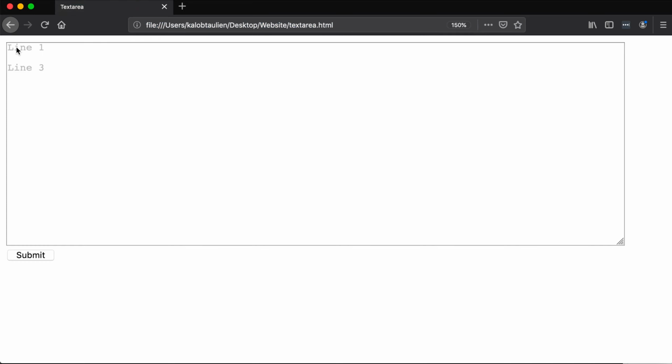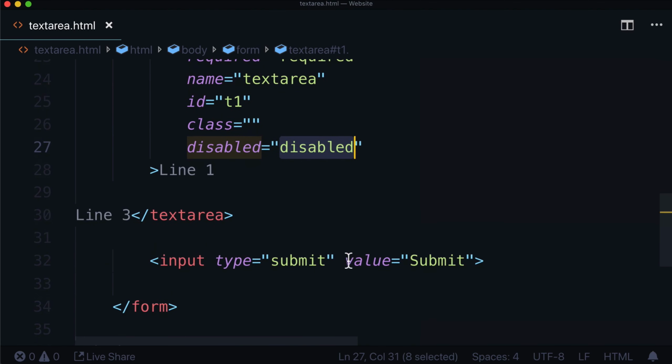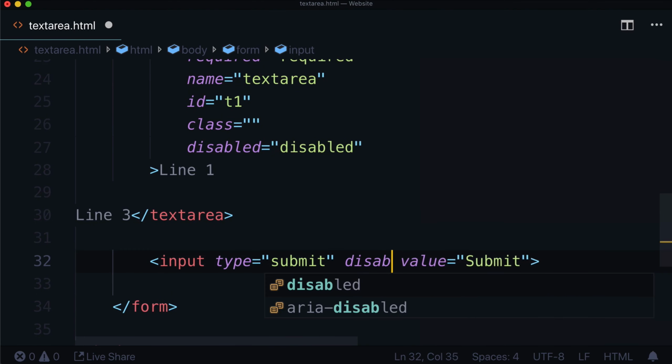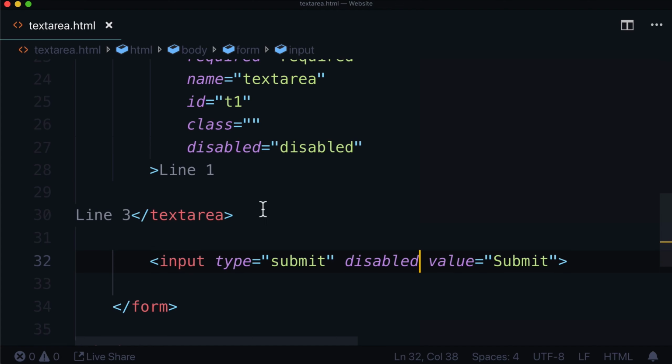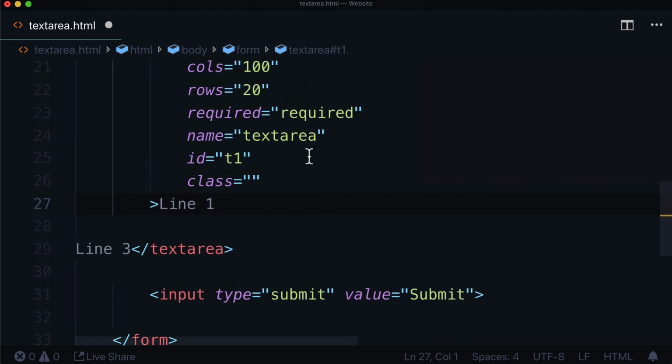And now you can see that my text is in there, my default text, line 1 and 3. But I can't actually click in there. It doesn't work. It's disabled. In fact, we can do the same thing with this button. We can just type disabled, and we can't submit the form at all. So that's pretty neat. Let's go ahead and actually get rid of that one because we want this to be